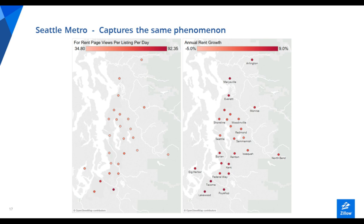So here are some other examples. The Seattle metropolitan area captures this very similar phenomenon. If I look on the left, I've got rent page views per listing per day, and I can see that closer into the core, these cities have lighter red dots. That means there aren't as many views per listing on Zillow. And then I can see that translate over into annual rent growth. I can see that in areas where I have a lot of views per listing,